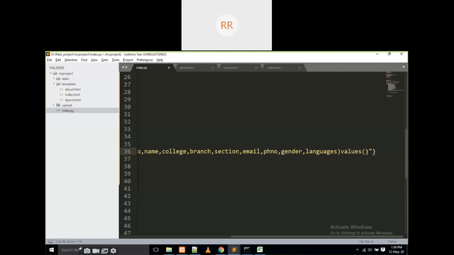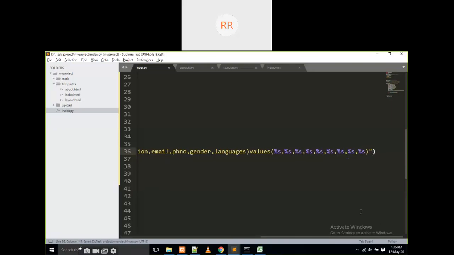what are the values I am going to insert? How many values are there in total? Totally 1, 2, 3, 4, 5, 6, 7, 8, 9 values, right? Now I am going to write here 9 percent s, percent s, 3, 4, 5, 6, 7, 8 and 9 percentages.